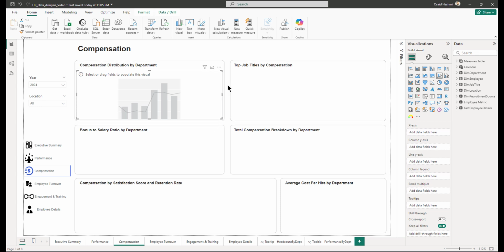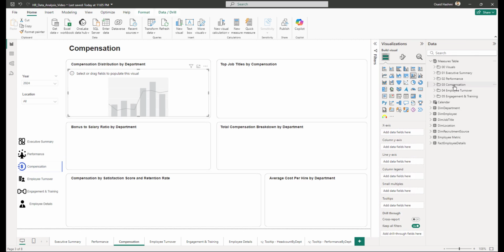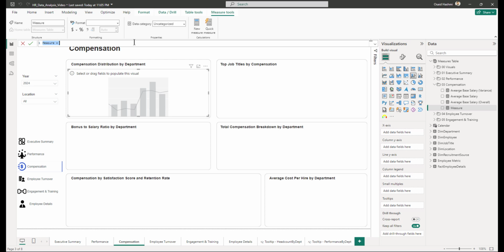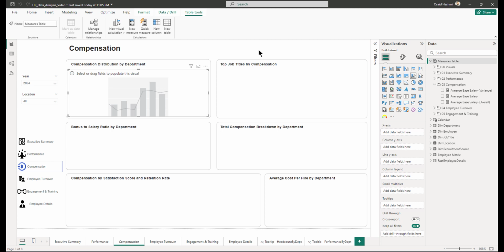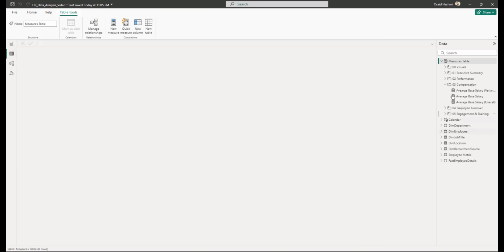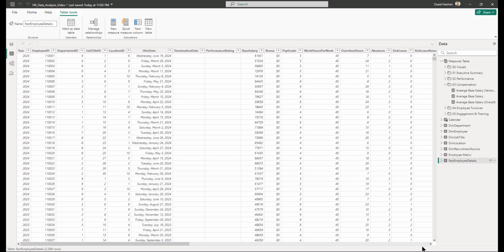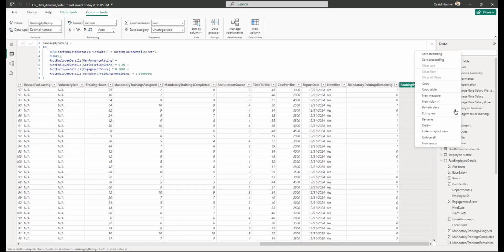And then we have to create some measures. So first we will create the measures and then we will drag them into this chart. We right click on compensation, new measure. So firstly we will create total compensation average, median, maximum, minimum, percentile 25 and percentile 75. For total compensation we need to create a total compensation column first, and then we can start calculating the average and the other measures. So we go to the column in the table fact employee details and right click, new